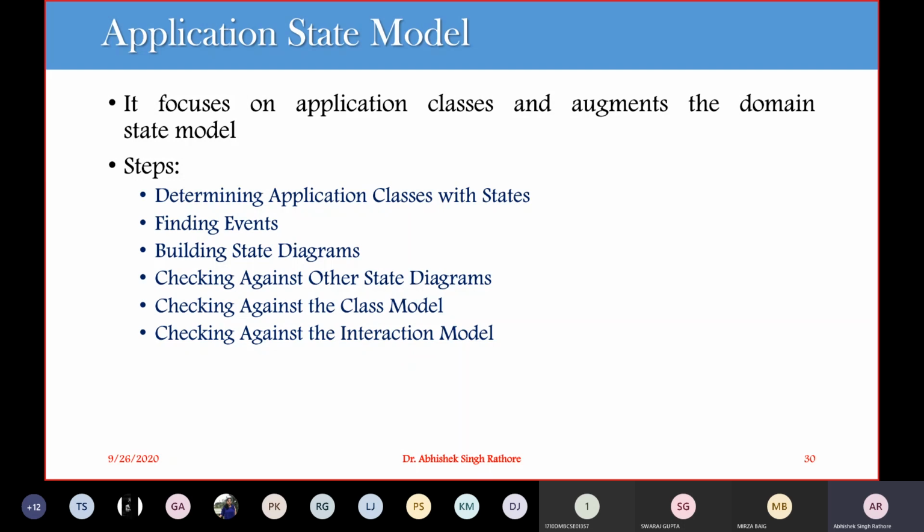Then we have to check its consistency with your interaction. When your state model is ready, go back and check all the scenarios, like your basic flow, your alternative flow, and what the exceptions are. We have to go back and check it against all those scenarios of your interaction model. We have to simulate the behavior of your sequences by hand, and verify that the state diagram gives the correct behavior that is available in your particular scenario or sequence. This sequence diagram is considered an interaction diagram.